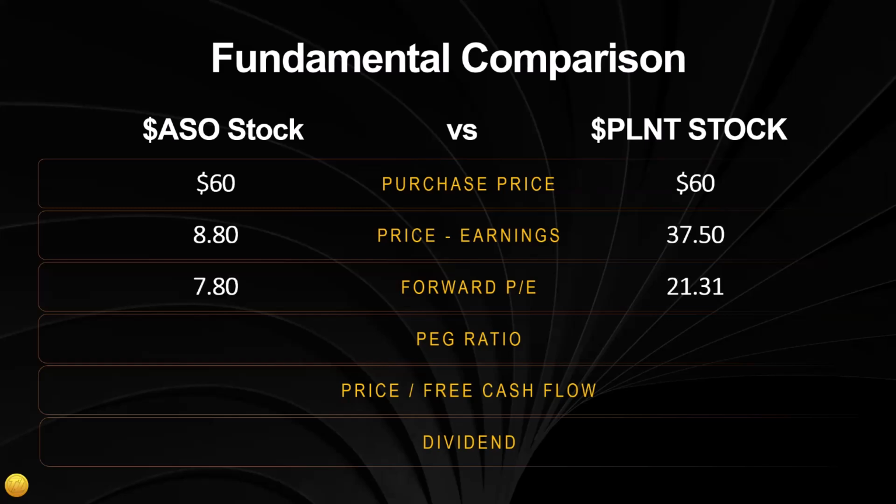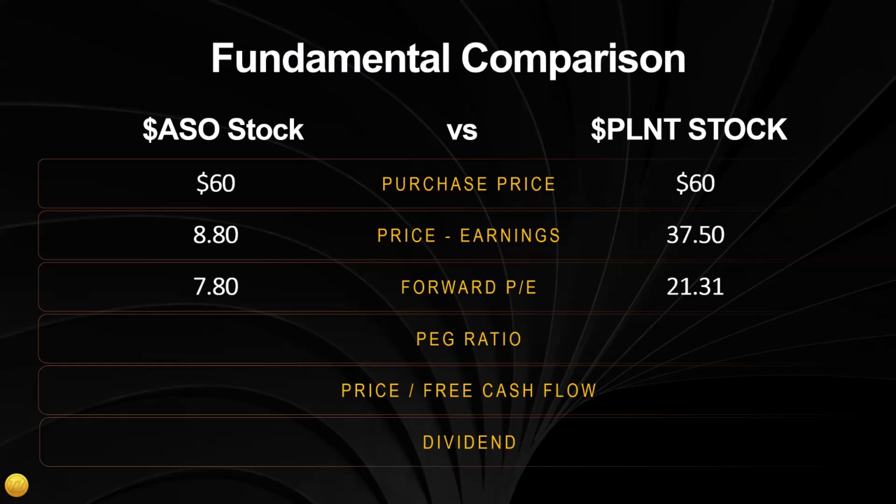Well, when we look at the metrics out there, we see that the price to earnings of Academy Sports is 8.8 versus Planet Fitness, which is 37.5. And we see that the forward PE ratio on both of the companies comes down when accounting for growth, but Academy Sports is 7.8 versus north of 21 for Planet Fitness. Now we're starting to make a little bit of a case, and investor A, who's watching the Decoding Buffett series,